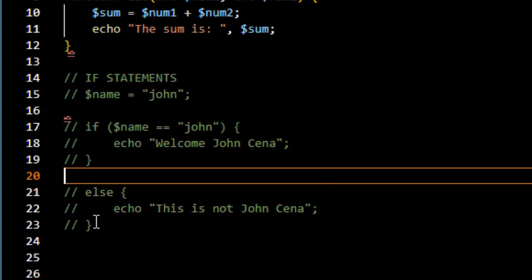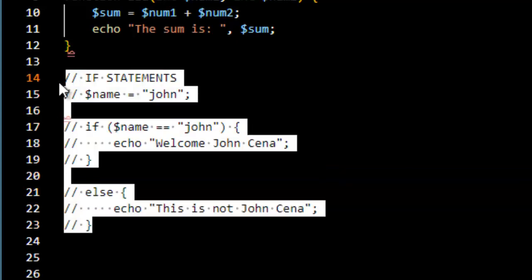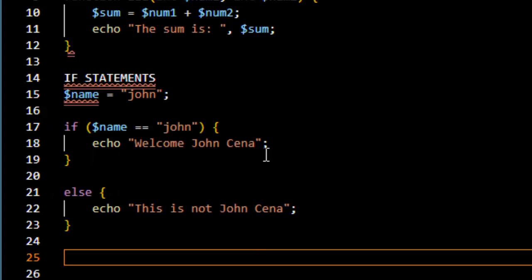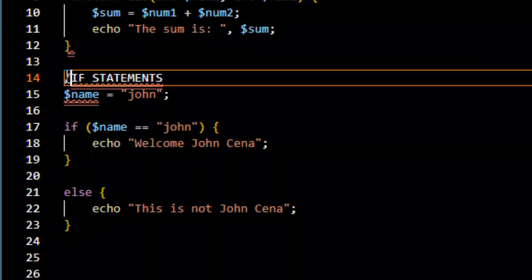Let's put this if statement in a function. Since we now have an understanding of what an if statement is, there's a way we can put it in a function. We know that the function is to compare, check if name is John and print. Now let's put that into a function. So this is the section where we will have a function. So let's